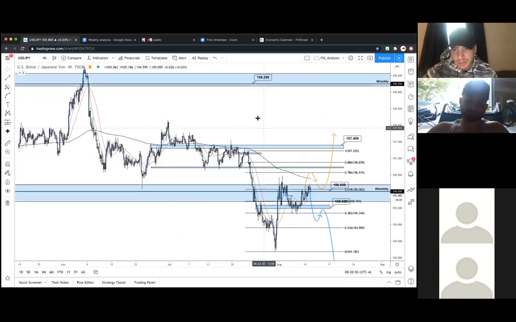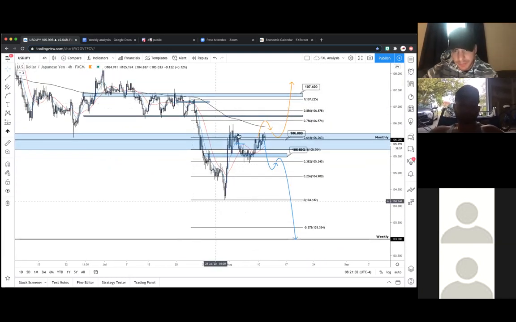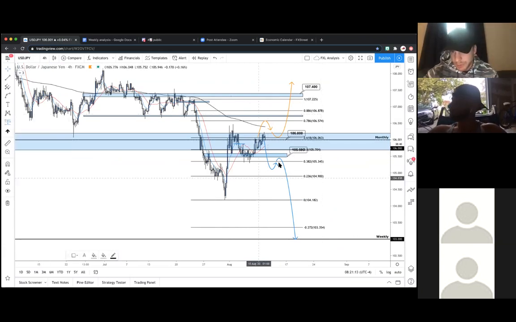But for now, guys, this is looking like a textbook break and retest, and a large one at that, because again, this was a daily time frame break, daily time frame retest. So it only makes sense for this to take a little bit more time to play out, because it could potentially be a very large move to the downside. Okay, let me just show you what the short opportunity would look like.